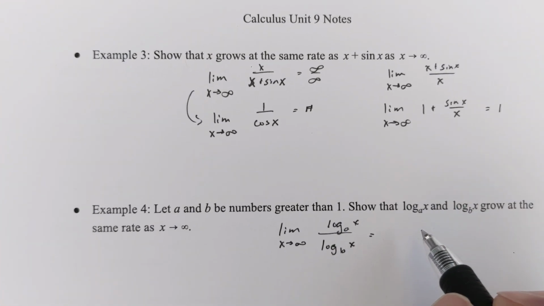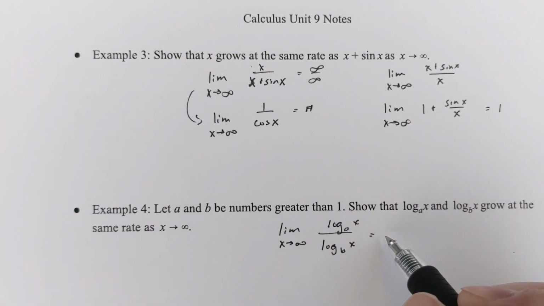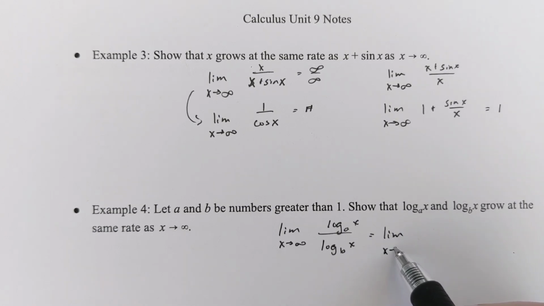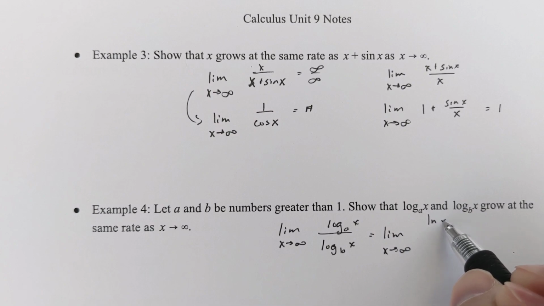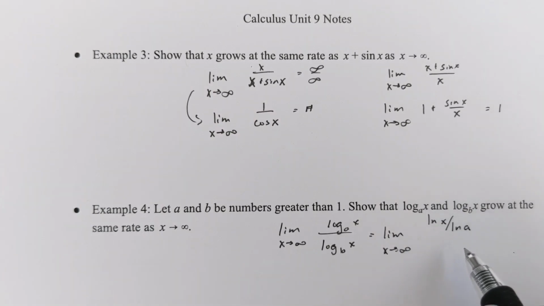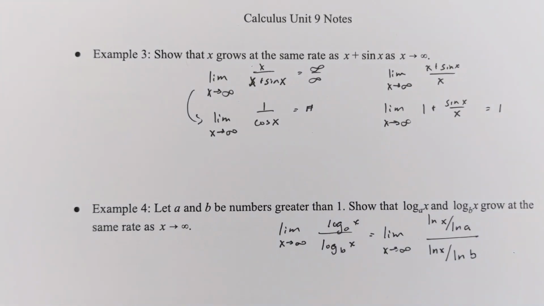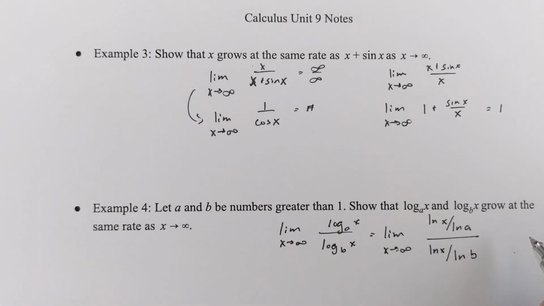So actually we're going to do a trick, we're going to do the change of base. So log base a of x is the same thing as the natural log of x divided by the natural log of a. And the bottom down here, that's the natural log of x divided by the natural log of b. And if you work this out,